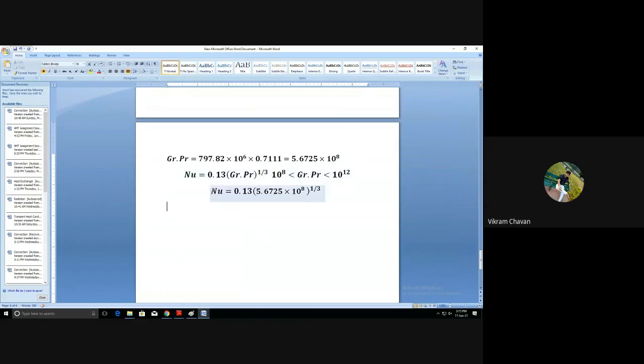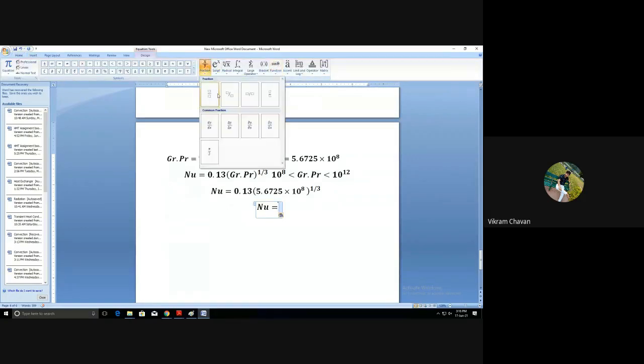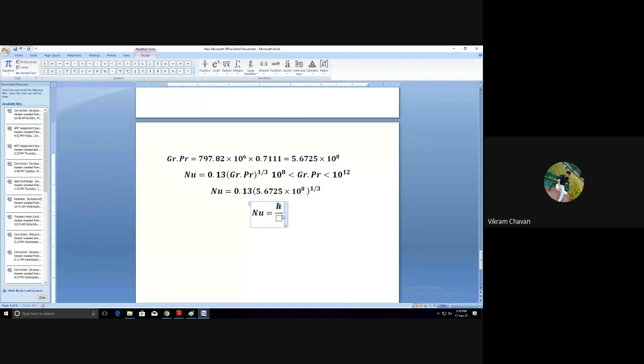Then calculate the Nusselt number. When you get the Nusselt number, we know that Nusselt number is nothing but hL divided by k, that is h multiplied by L divided by k, which is equal to whatever value you are getting. The thermal conductivity we have taken from the property table. Just put in the thermal conductivity and the L value, that is 500 into 10 raised to minus 3, and you can calculate the h value. Please let me know the Nusselt number value first of all.